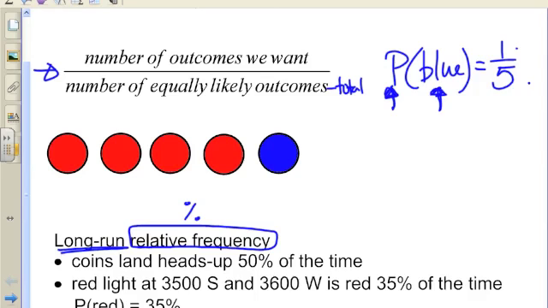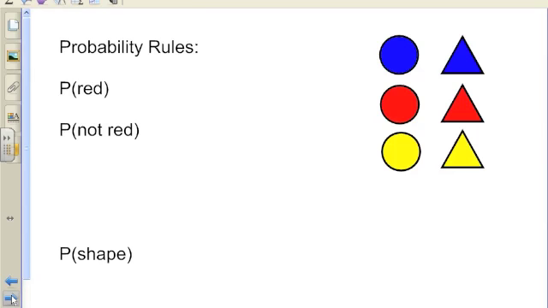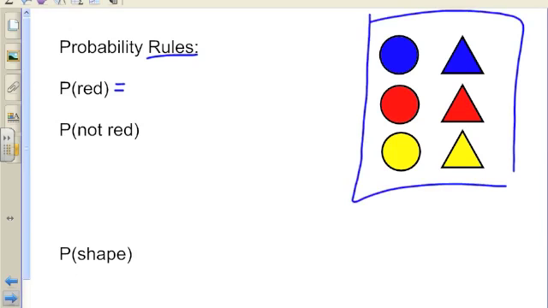So I'm going to start us out with some really basic examples of probability. Number 1, because some of us have never seen it before, but number 2, I want to show you some rules, and it's easier to see when we start with really simple examples. So we'll go ahead and answer these questions. The probability of choosing a red shape out of these ones I have pictured on the side here. Well, we can see just by counting that there are 2 reds out of 6, so that's a probability of